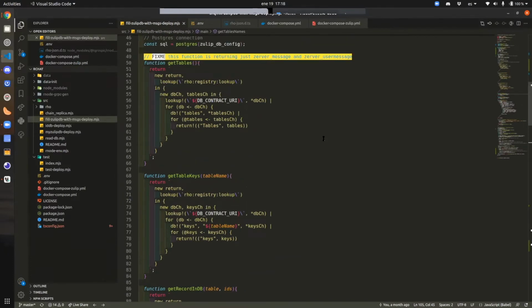Is there any thought of retrieving the Rholang code that you have there from the chain? So that this Rholang code that you have embedded in the JavaScript would be retrievable from the chain.